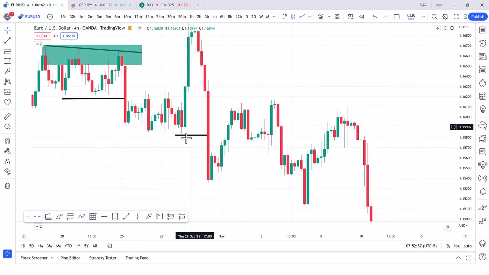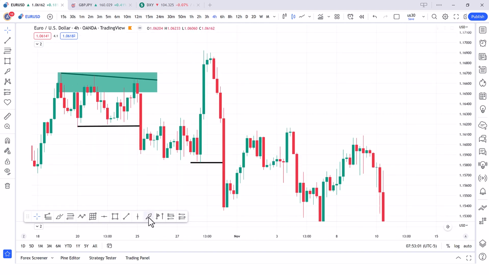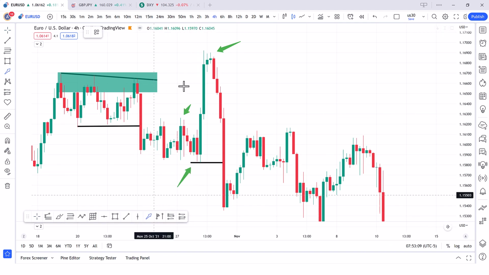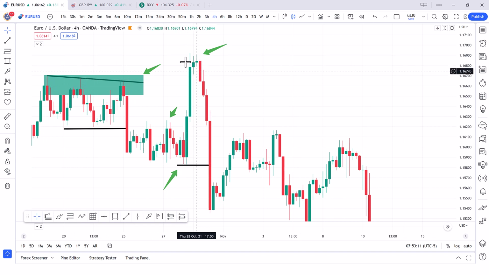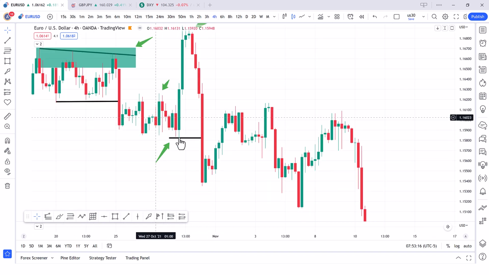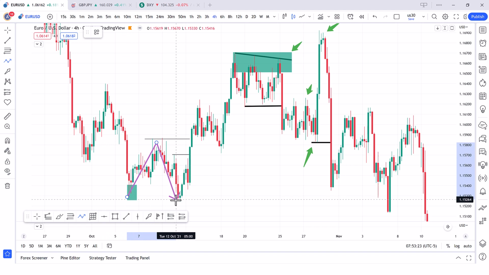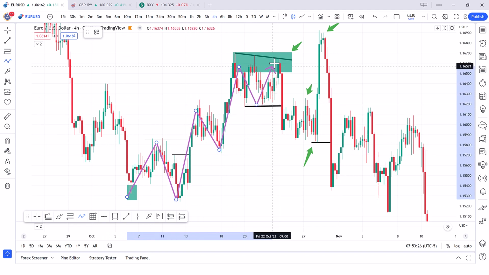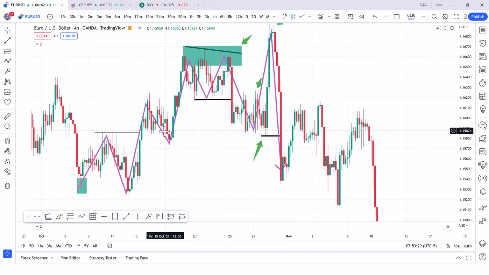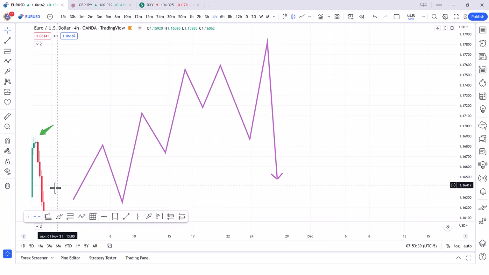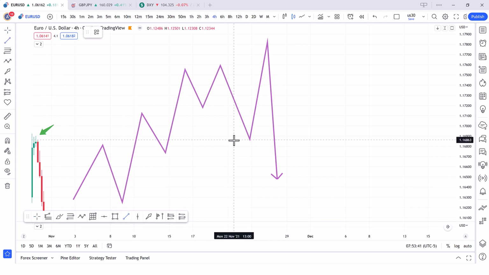Anyway, our minor pivot formed here. Why? Because we have a swing point high and a swing point low. This swing point low broke this swing point high and made the last swing point high. And when this swing point low gets broken, we have the ending of this pullback. So the start of this pullback starts with a minor pivot, and the finish of this pullback starts with a minor pivot again. This is its schematic,